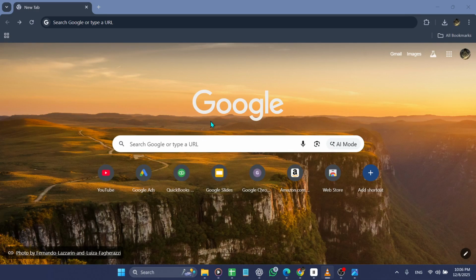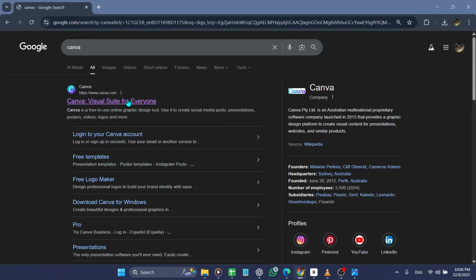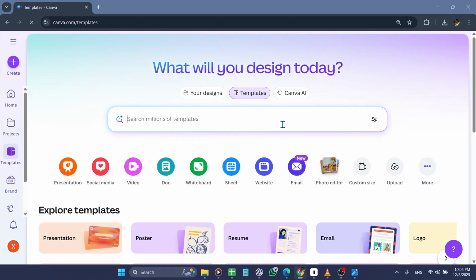Let's dive in. Starting a t-shirt design business with Canva is a fun, accessible, and creative way to step into entrepreneurship. This guide will walk you through the entire process from crafting attractive designs to selling them through print-on-demand platforms. Whether you're a beginner or someone hoping to expand a side hustle, Canva's user-friendly tools make it easy to bring